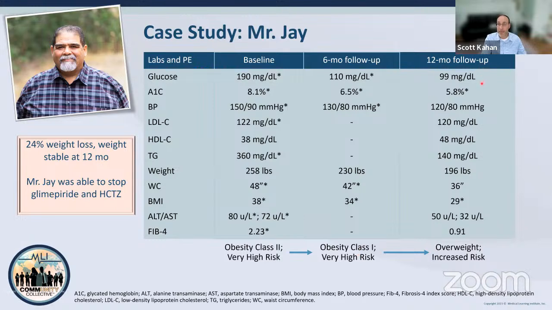And then 6 months later, we see even better outcomes. His A1C is now almost perfect. His blood pressure is perfect. His lipids are perfect. BMI is now out of the obesity range. Waist circumference is much improved, as you can see, and the liver test there. So this is the outcome that I see with patients